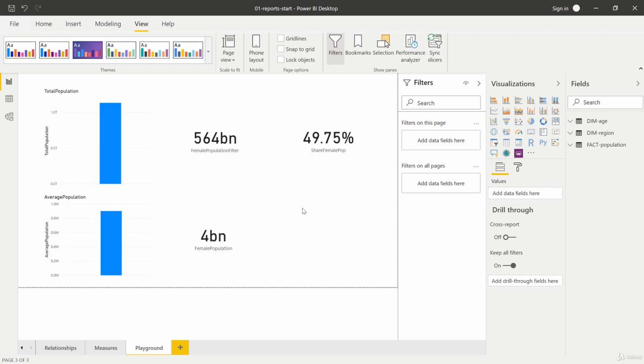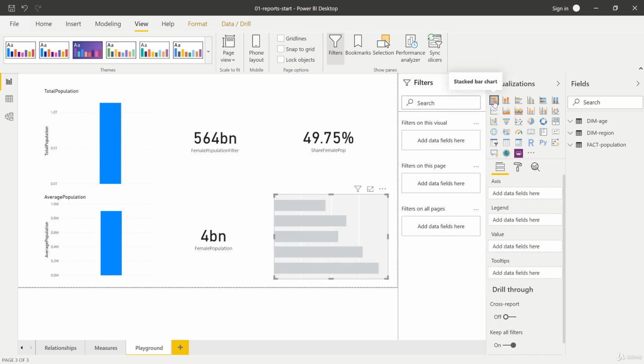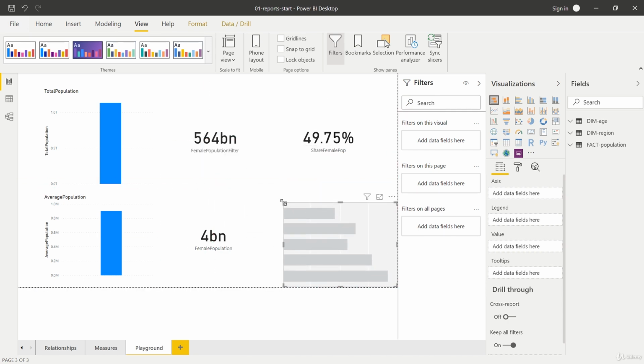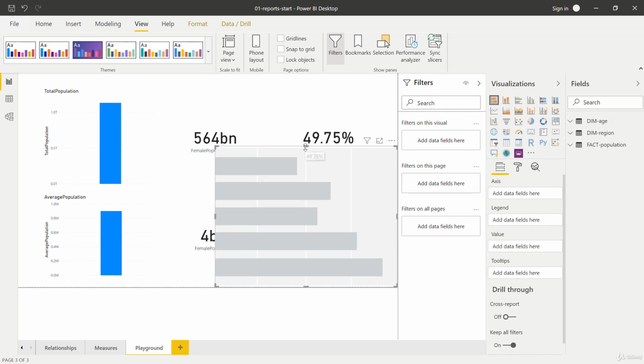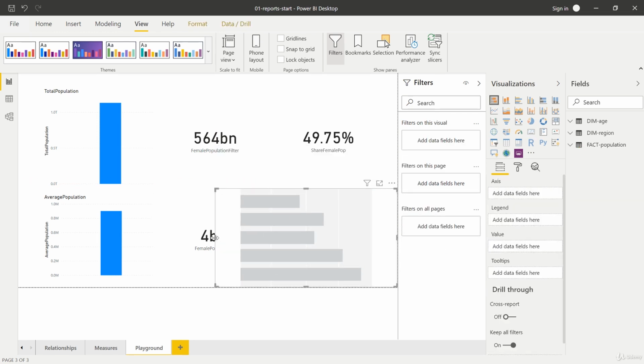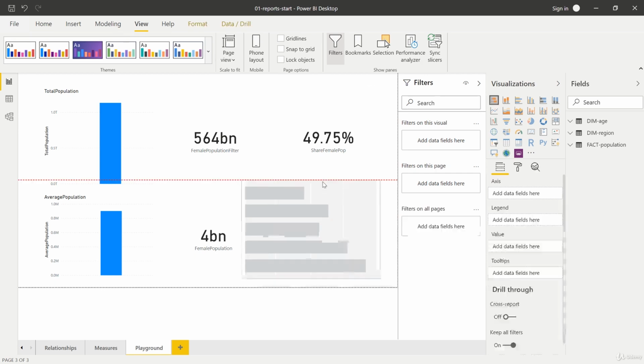If you want to create a new visual, you have two options here. The common option is to go to the visualizations column right here and then to, well, select a visual. For example, here, our stacked bar chart. Then you see a blueprint of this visual in the report page you're currently working on. You can then drag around this visual. You can increase its size like this, or make it smaller like this, or like that, right? So this is possible.